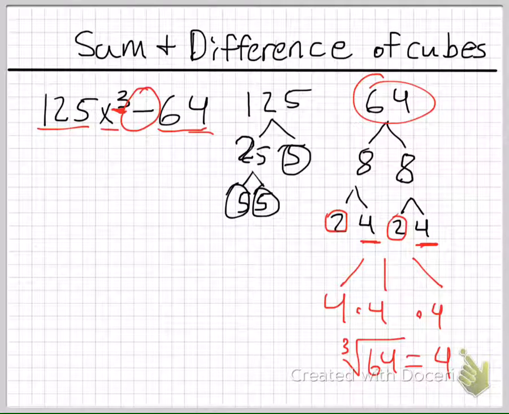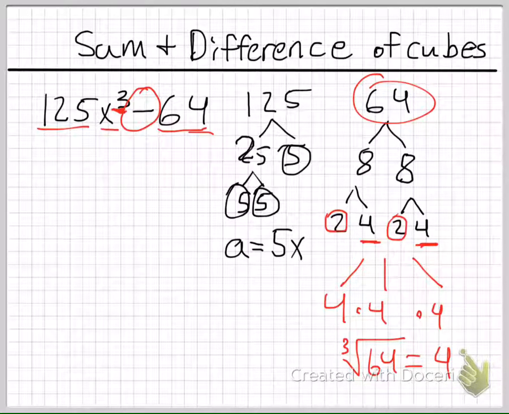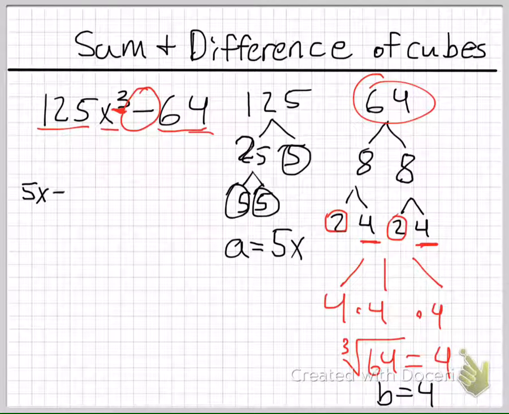So if we go to our formula for the difference of cubes, we see that a cubed minus b cubed is equal to a minus b, and in this case, we'll say that a is equal to 5 times x, and our b is 4. So we've got 5 times x minus 4 from our formula times a squared, so that's going to be 25x